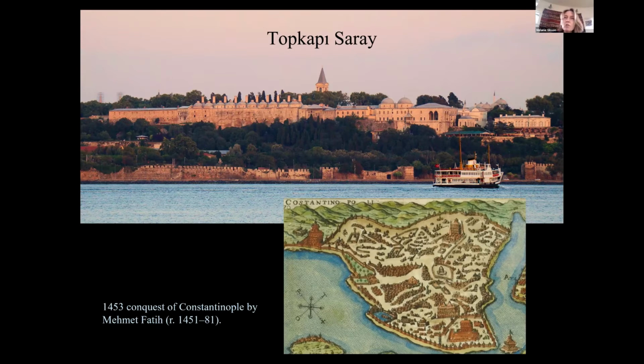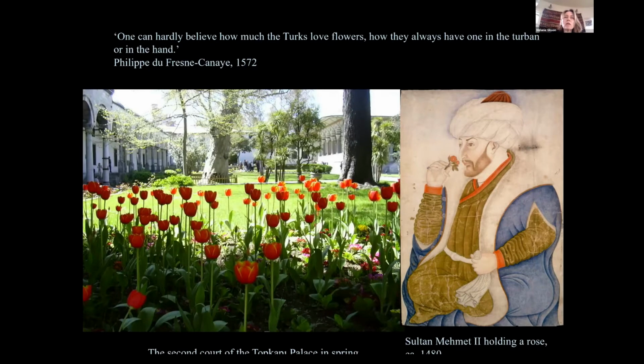And I wanted to show you a picture of one. This is the second courtyard with the library on the right, looking at it as it would be looked at actually if you were there right now in the spring, through a flower bed full of tulips. And it's the case that the Ottomans adored flowers, all flowers,